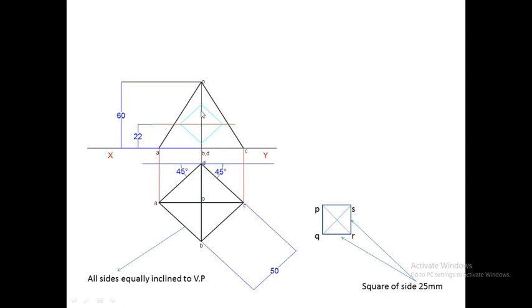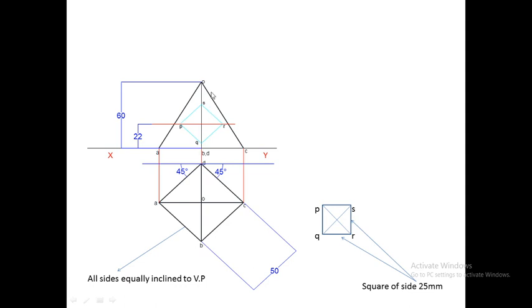Now we will mark the points of the intersection or corner points of this square one by one. So P, Q, R and S. These are the corners of the square hole. In the next step, we will mark the points of intersection. Now in this sum, what will be the points of intersection? Points of intersection will be those points where the slant edges will cut the sides of the square.